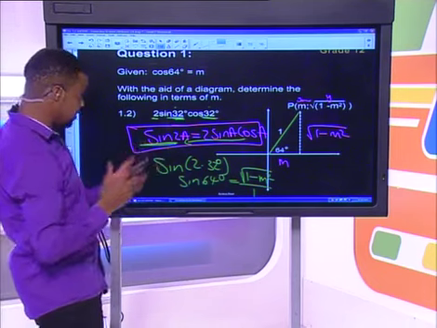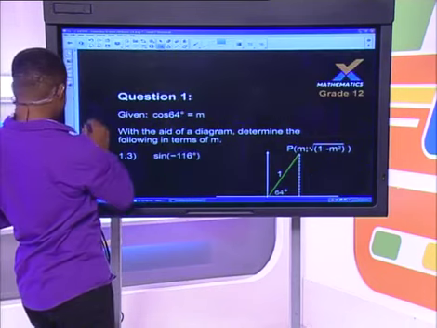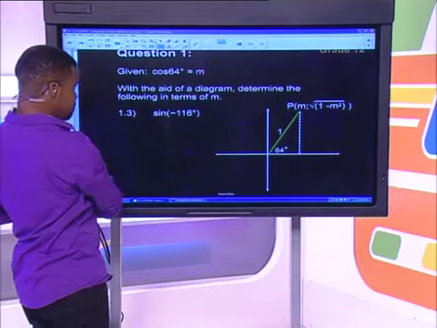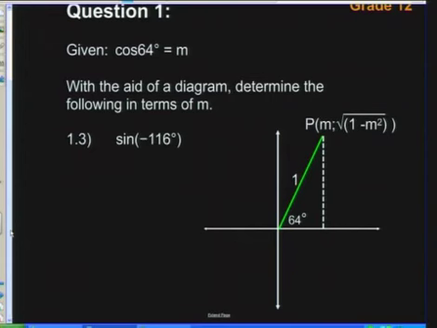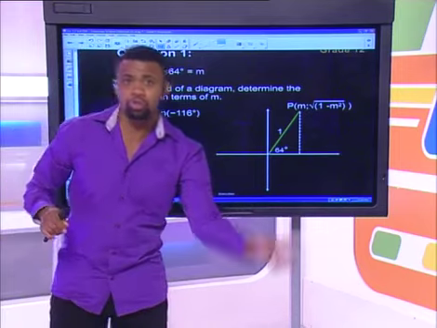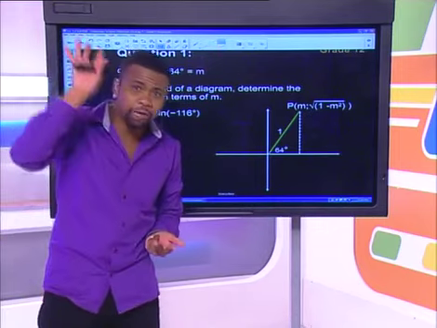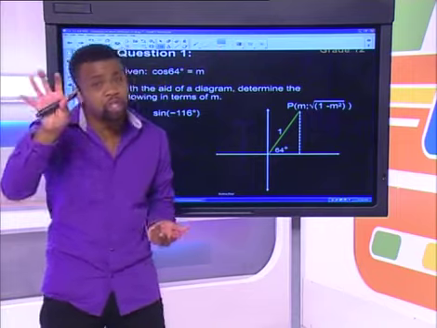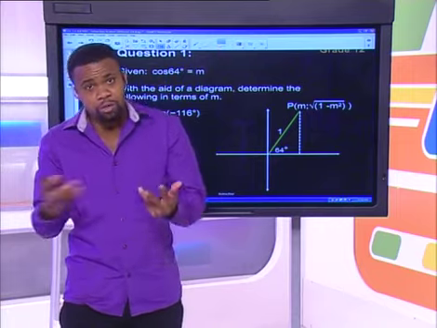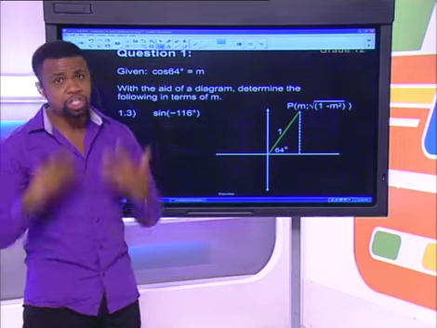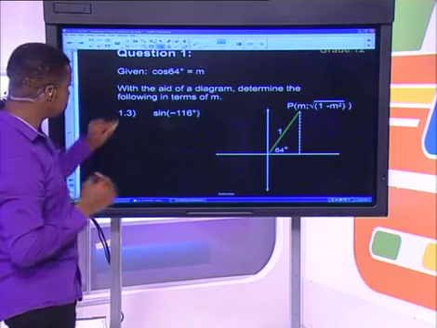Okay, let's look at another problem. What do we have there? So the next problem, remember, guys, I can use 1.1 or 1.2 to solve 1.3. The answer you have from 1.1, you can use it for 1.2 or 1.3. Now, let's look at the third problem. We have sine